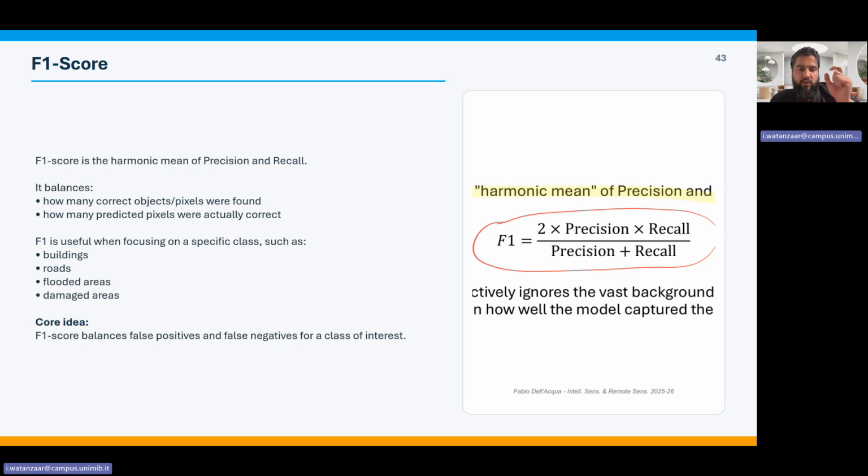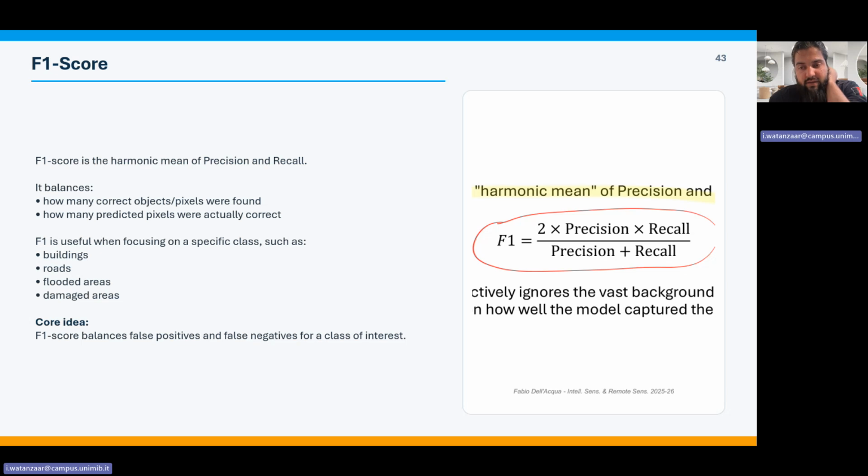Let's suppose we used a classifier and predicted a number of pixels or objects correctly, and they compare or balance this with how many correct objects were found. One of them is how many correct objects were found, and the other is what is predicted. This is totally different. So the predicted thing is compared with the existing, or in simpler terms, the ground truth. So how many correct objects or pixels were found? We are looking initially at the number of pixels or objects